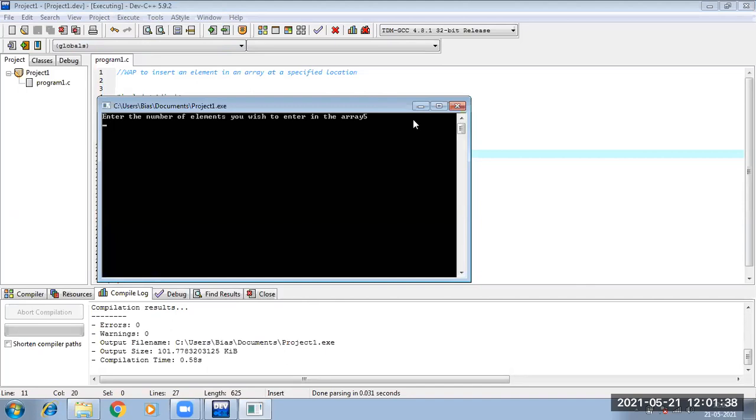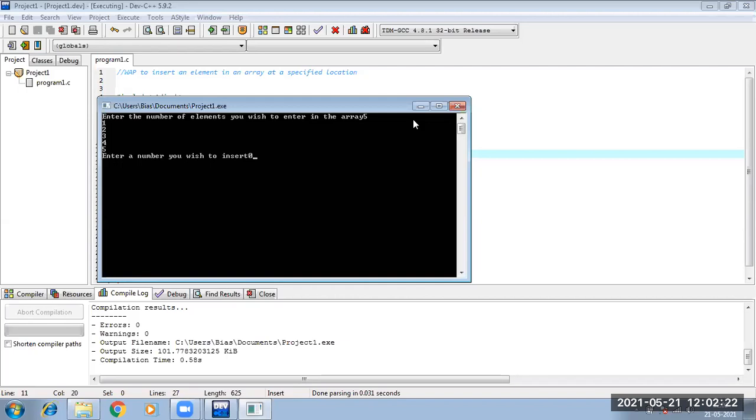Fine. So I wanted to enter 5 elements. So I will simply say, suppose, 1, 2, 3, 4, 5. So it is asking to enter a number you wish to enter. Suppose the number I am entering is 0. I wish to insert 0 and I wish to insert it after this 3. Fine. So 0, 1, 2, 3. What will be the location of my 0? If I am saying that I want to insert 0 after 3, what will be the location value? 3.